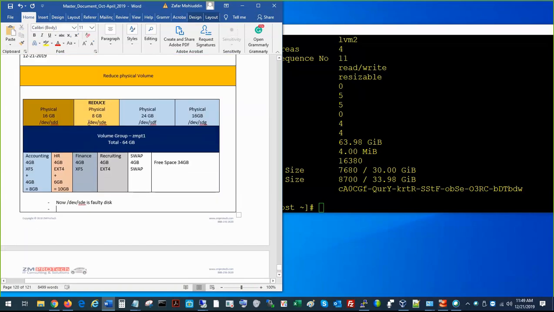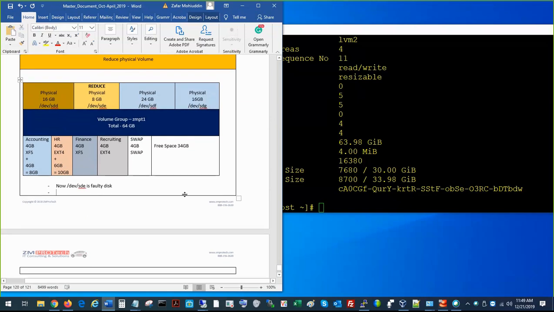Since we added a new hard drive, we'll just run the command here and move the data. So what is the command? pvmove is the command. pvmove. And then what are we moving the data from? /dev/sde and then